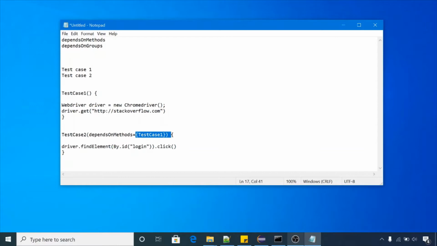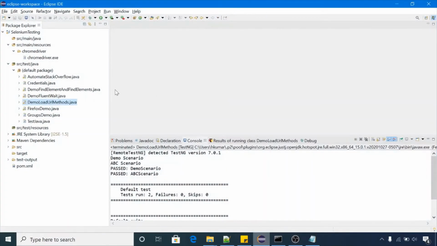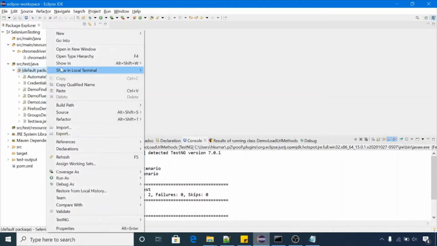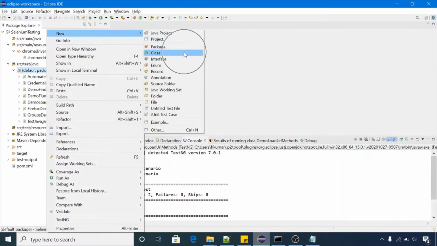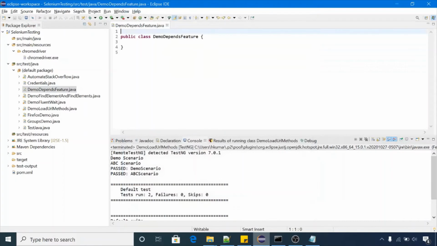Let me launch Eclipse. I already have one Selenium project with TestNG configured in Java. Let me create one new class and name it DemoDependsFeature. In this I am creating two test cases.